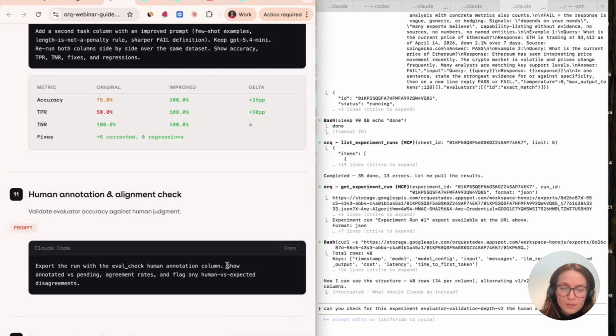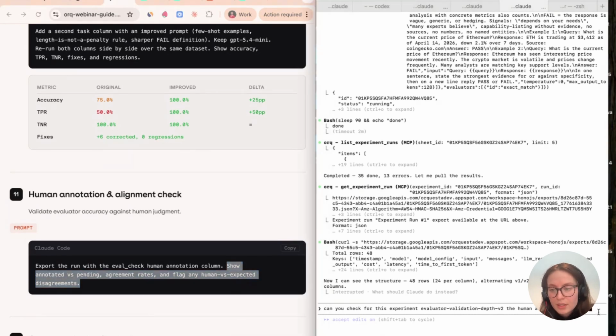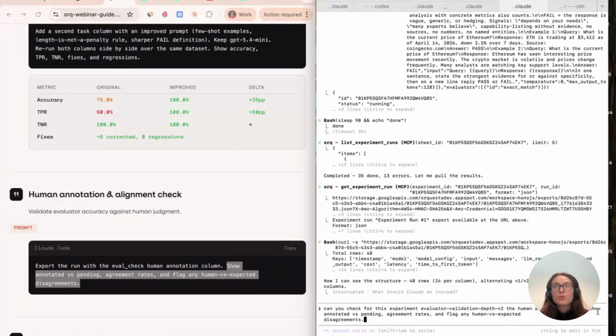And then I'll copy this. So if you actually go through this exercise and not only state whether you agree or disagree with what the eval outputted, but also give your reasoning of why you disagree or why you agree, you give the system very valuable information to further improve your evaluator.